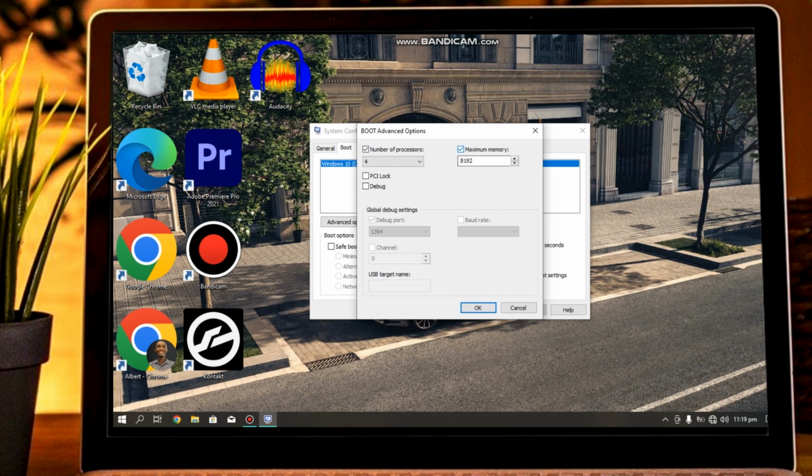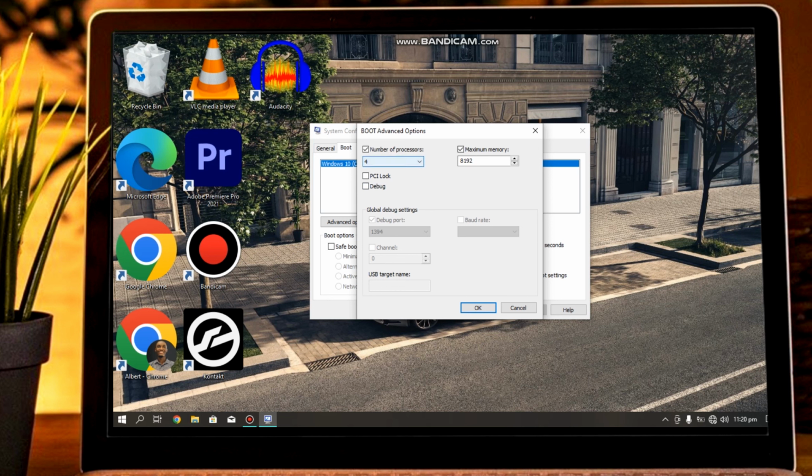This is the option for maximum memory. So if you have, say, 8 gig RAM, and this computer is actually 8 gig RAM, if I check that one too, it's going to select all, using up all the memory. It's going to put all the memory into use, and here it's going to put all the number of logical processes into use. Like I said earlier, the processor is what processes the information in your machine. So if you have all the 4 cores activated, it's going to make your PC run really fast.